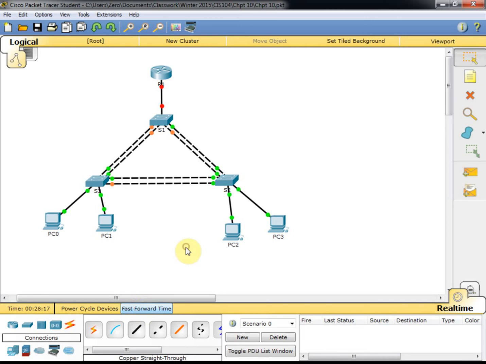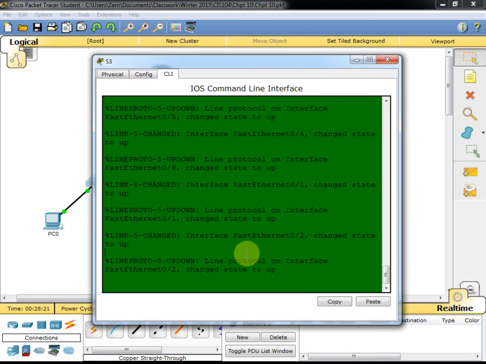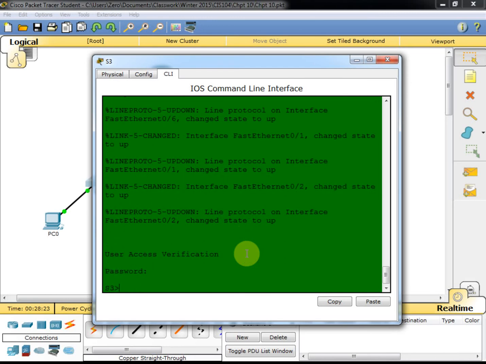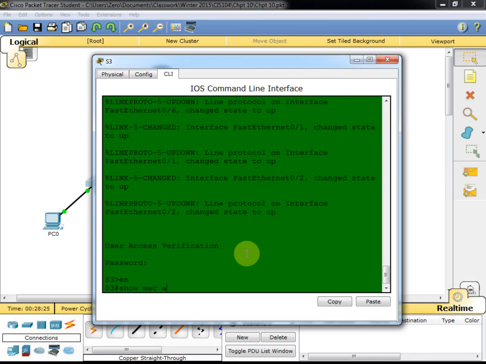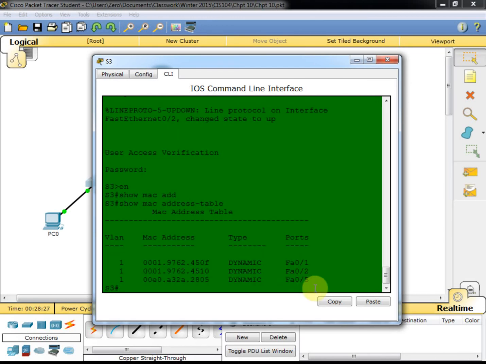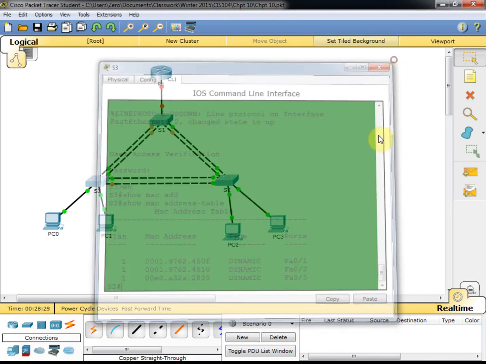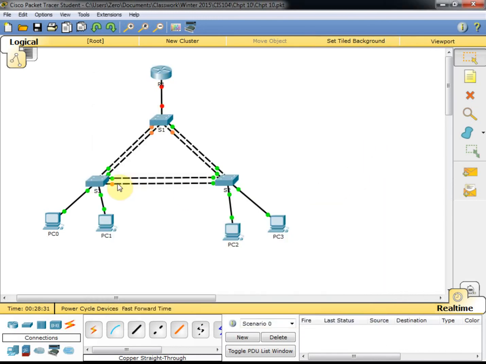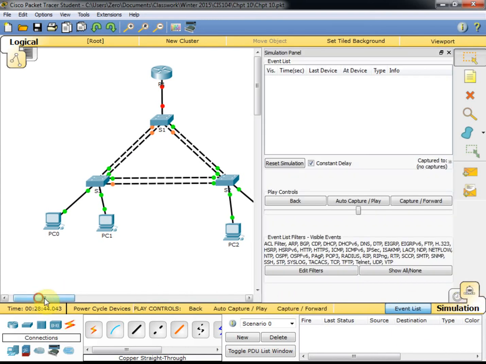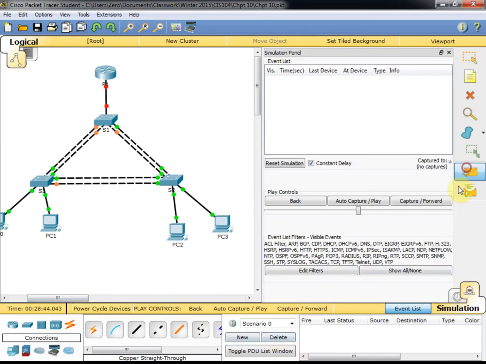So we'll bring everything back up. Alright, so we're back down to our minimal, so it's been cleared except for what it immediately knows about. So now if we were to run a ping across here,